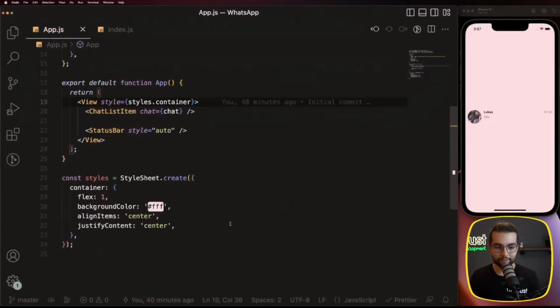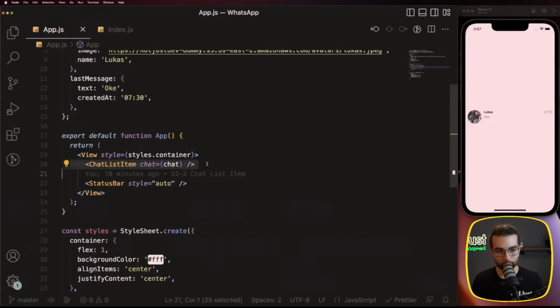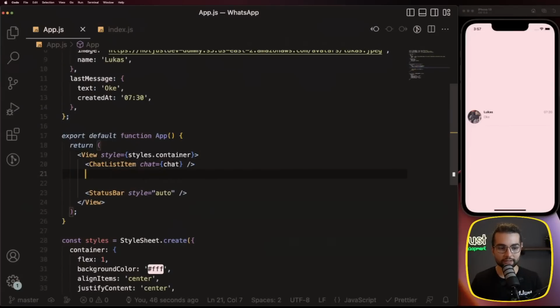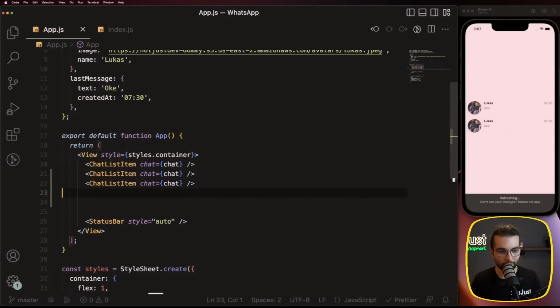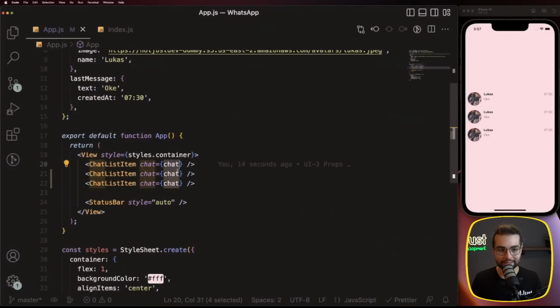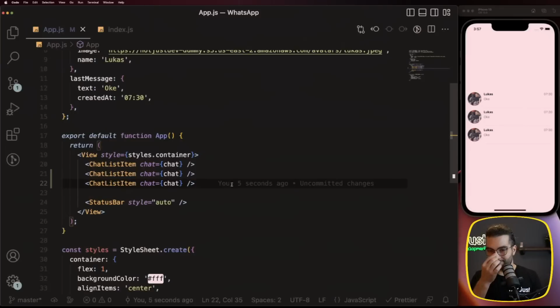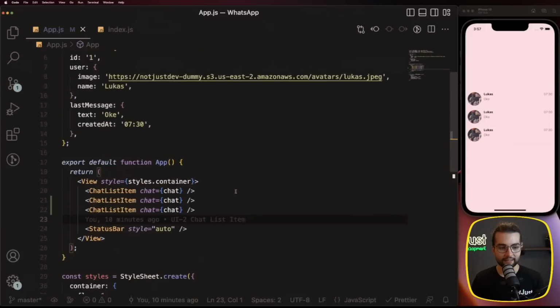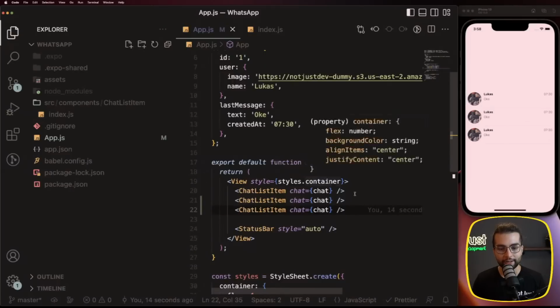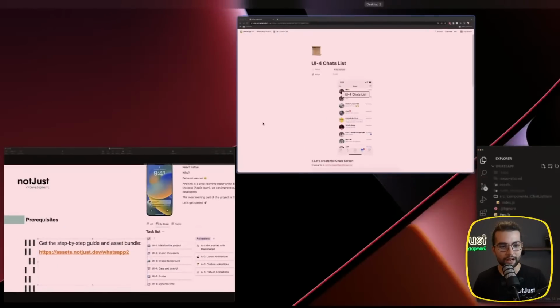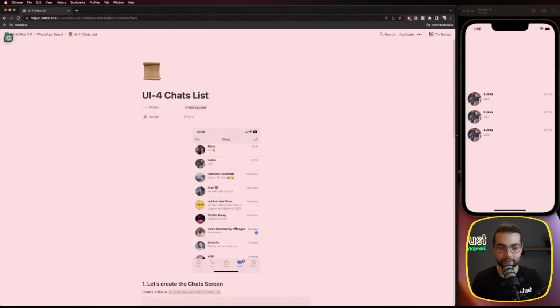As I said, having these props gives us the possibility to reuse these components and render a list of data. So if we want to do it multiple times, we simply send different data here. So before we start implementing our list, let's first of all create a place for our chat list screen, because this is